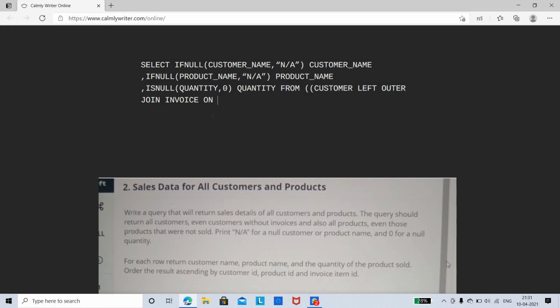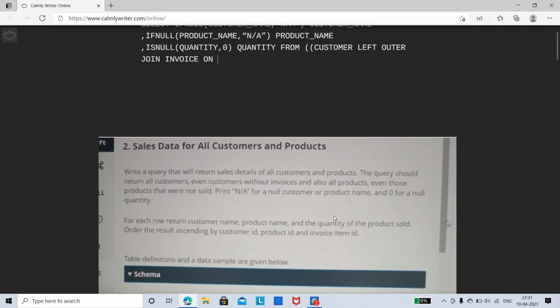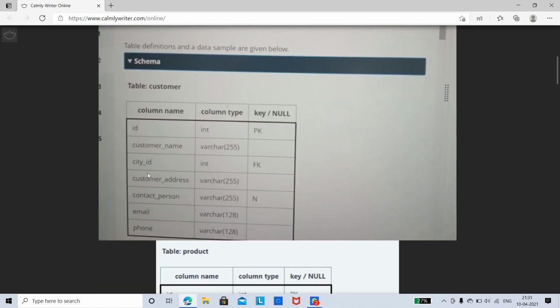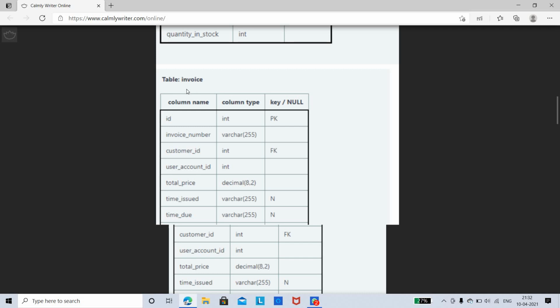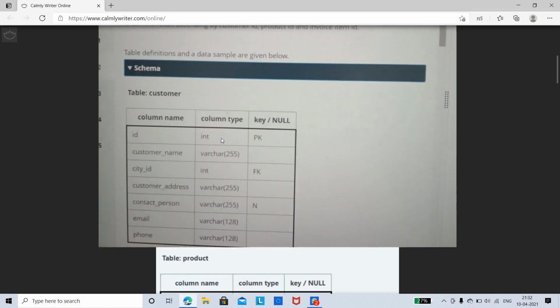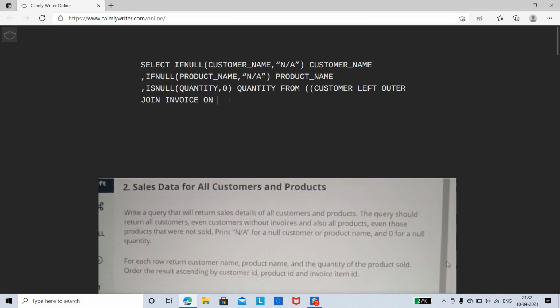on, that is with respect to ID. Here in this we have customer_ID. So from the customer table we are taking ID, so you're going to take it as on customer.ID, equal to invoice.customer_ID.